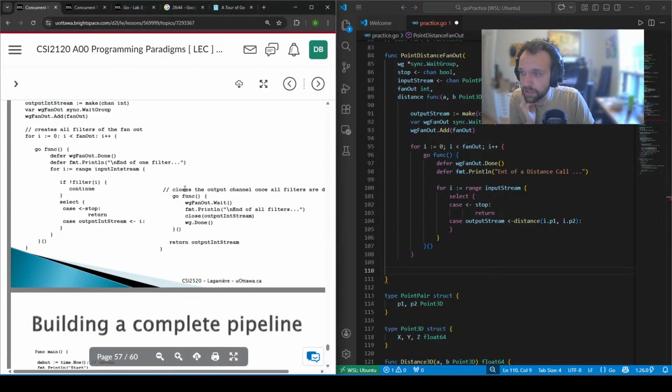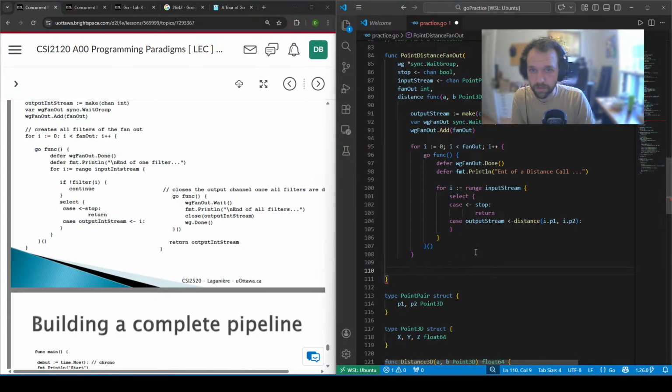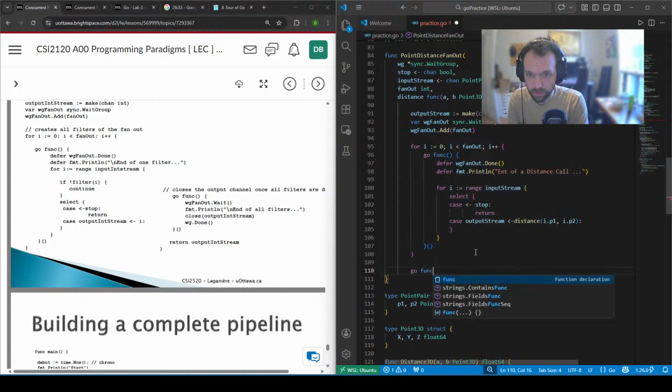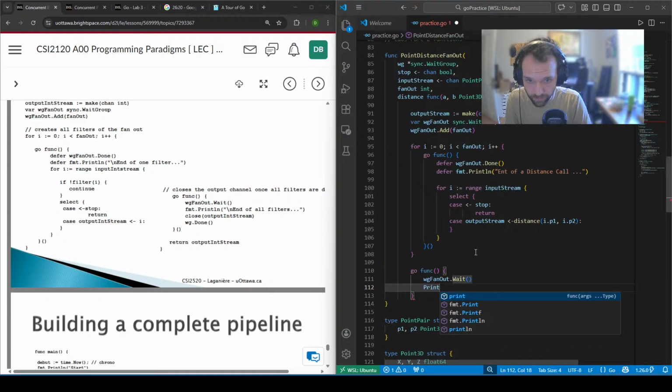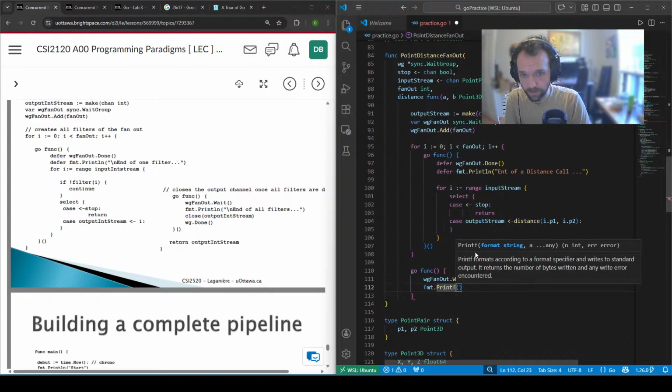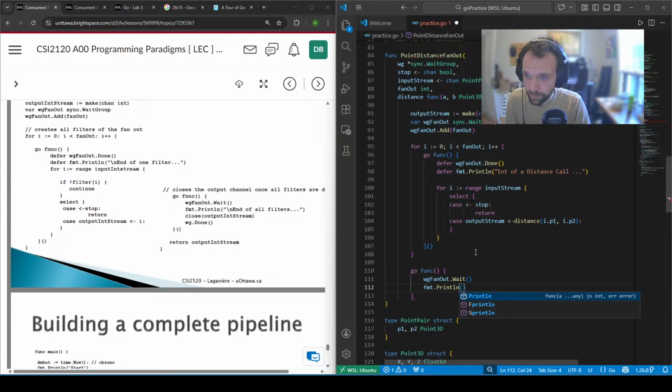So we also need this function here, this goroutine. Yeah, this is after the for loop, I'm pretty sure. Go func, and this is going to have, okay, yeah. Wait group, fan out dot wait. Wait. We're gonna print. No, I want print line. It's not end of all filters, but